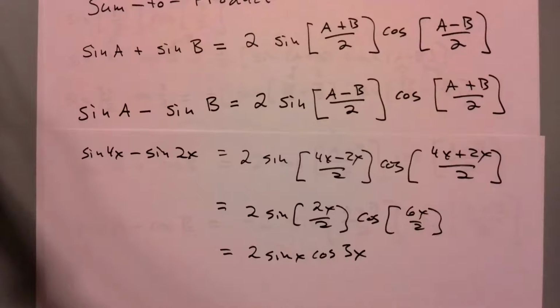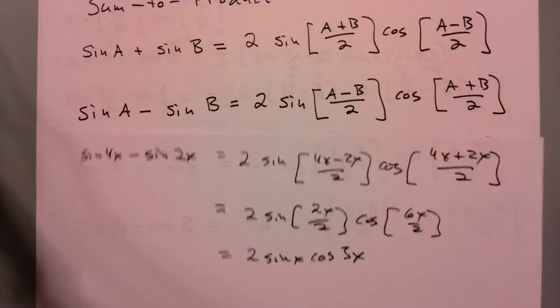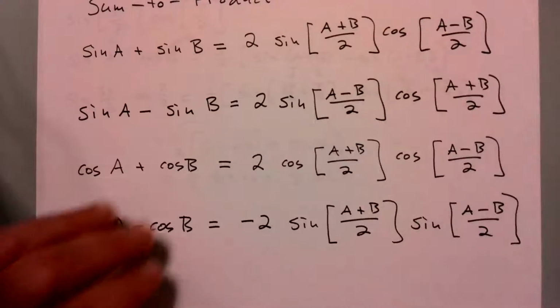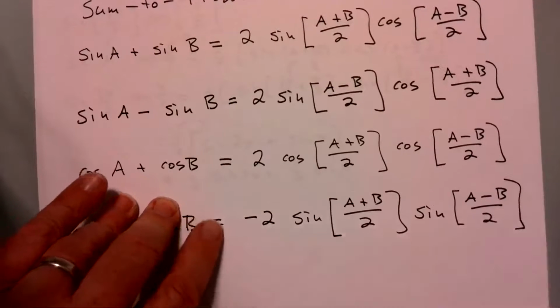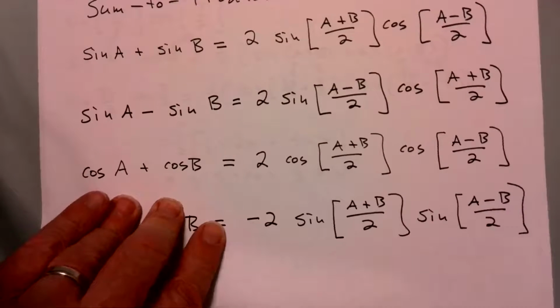So let's see if we can do that. We'll keep our sum to product and product to sum identities close at hand because we will be using them as we go along. So here's the first thing that I would like to prove. I get this centered pretty well. So here we go. The thing I want to prove is